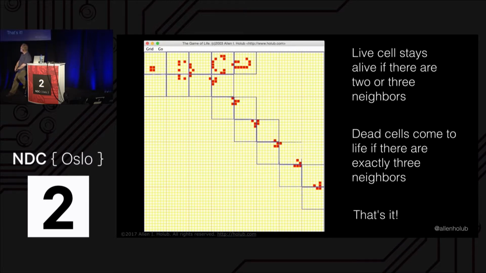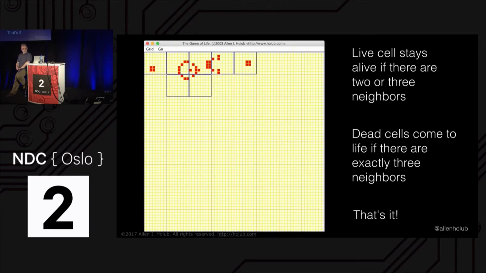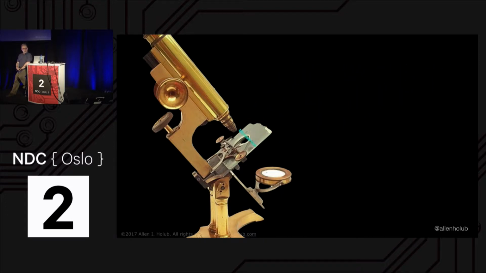A system that's adaptive is always going to be better in my mind than a system where you've got some controlling agent that's in charge of everything. And the Game of Life is a good example of that. It's an adaptive system, but the main behavior here is not programmed. So microservices then are a way of applying that kind of thinking to a programming environment, to a server environment.